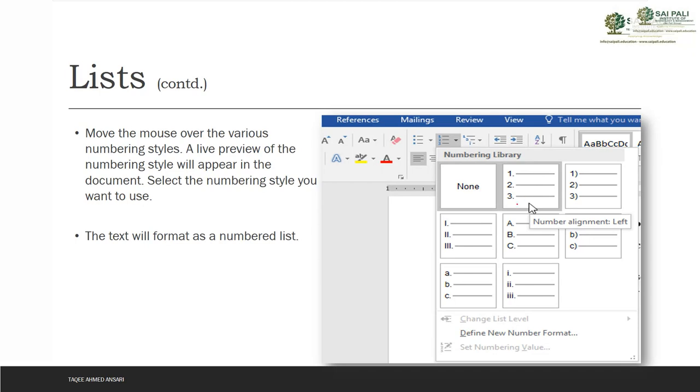You can add numbers in different ways like this, you can even add the alphabetical letters A, B, C, D, or you can add the Roman numbers also. Whatever you want, you just select, go there, and then live preview will show you in the document, and then you select what you want. The text will be formatted as a numbered list.